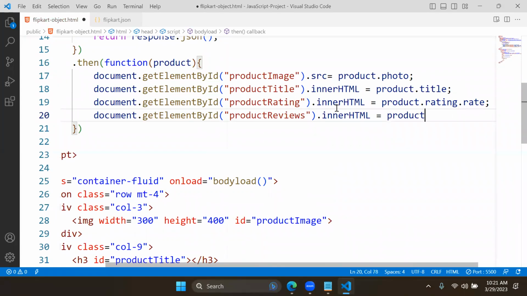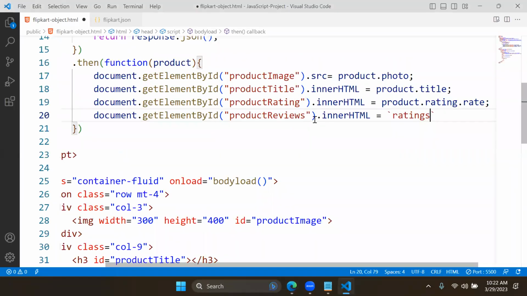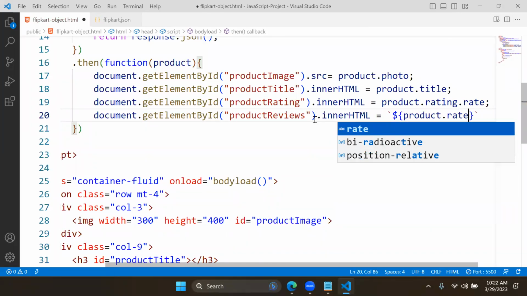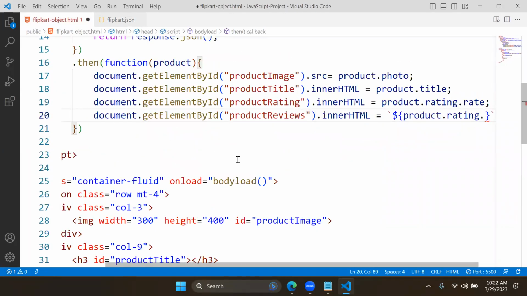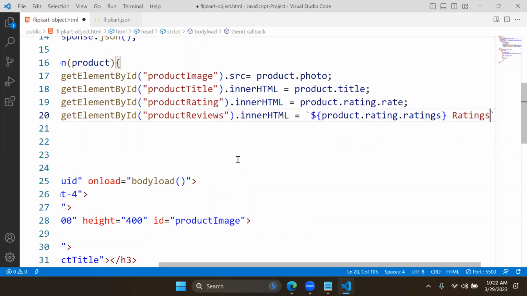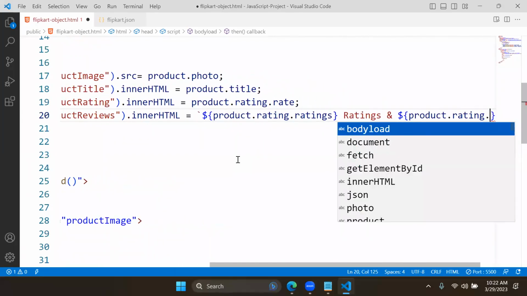That means we will say product, and here we will put concatenation, meaning a binding expression. In the binding expression, we write ratings. Here you see how they displayed the data. How many ratings? So here we will put the number first. How do we get the number? Product dot rating dot, in product rating you have ratings, right? That means we have to access ratings, and here we need to give the word ratings. After that ampersand, and here we need product dot rating dot reviews,